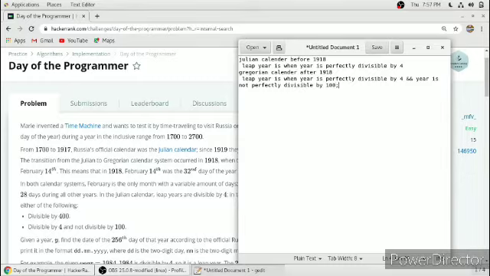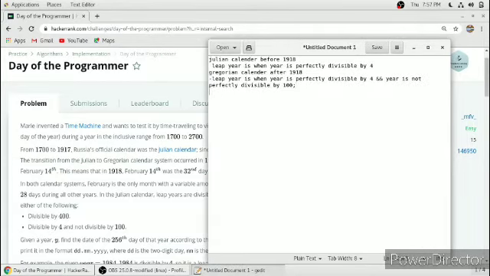So this is the first condition when we have to consider that year as a leap year, and there is another condition: when the year is perfectly divisible by 100, then it has to be perfectly divisible by 400 also.